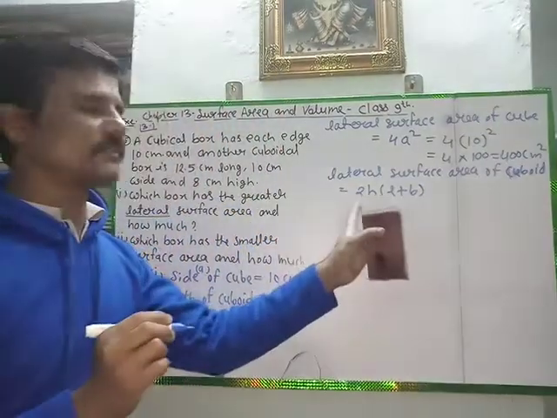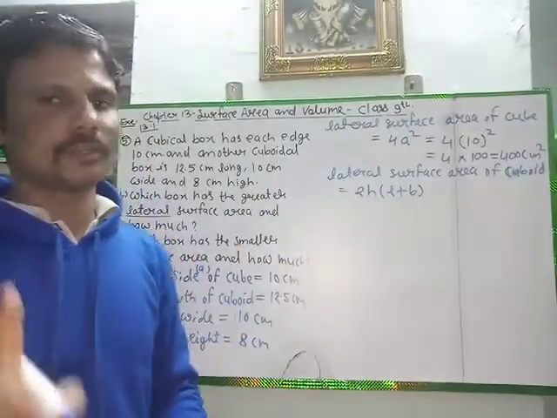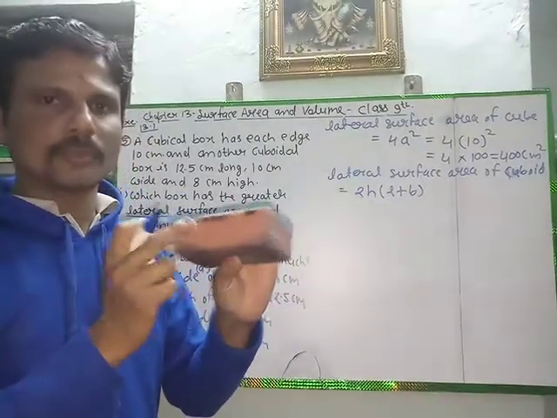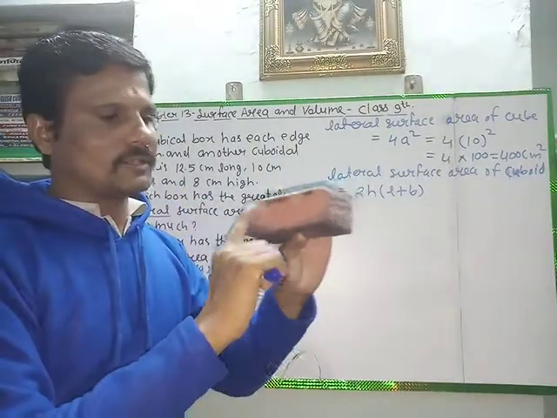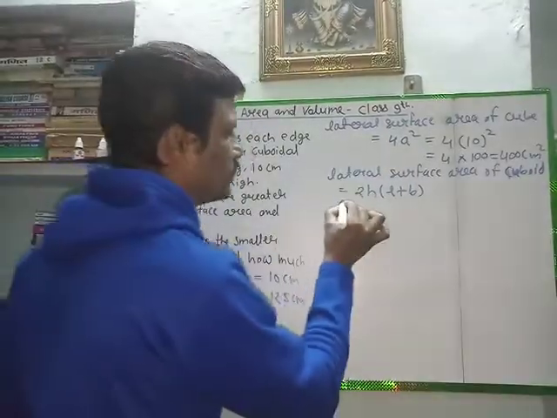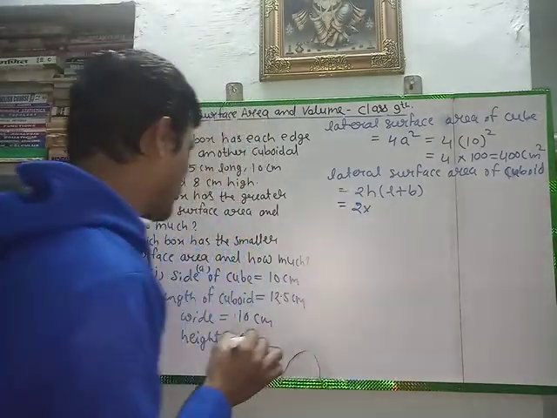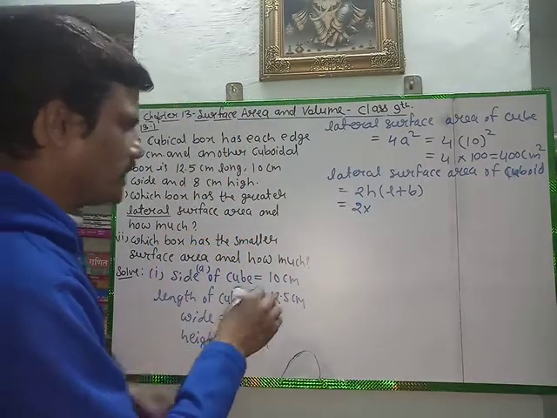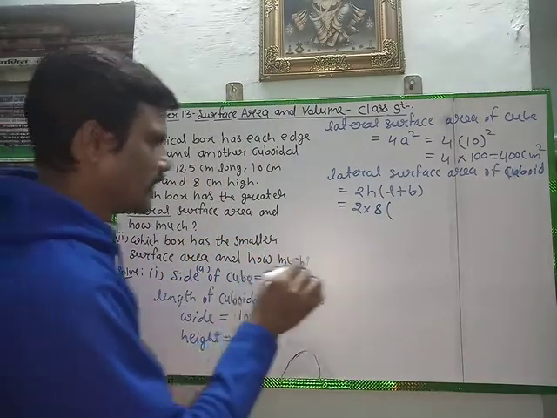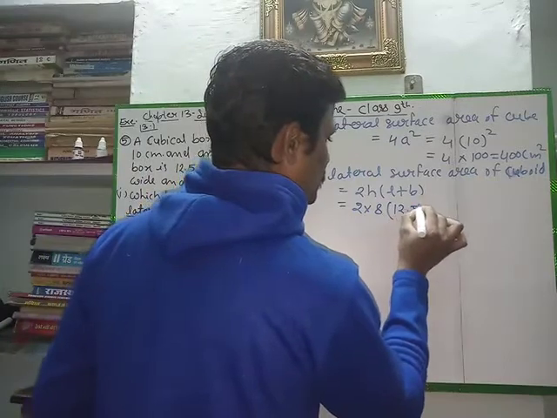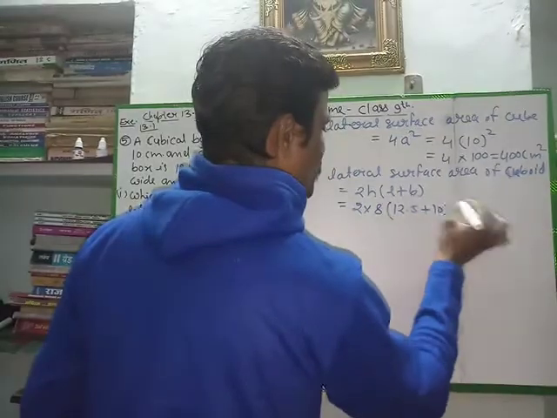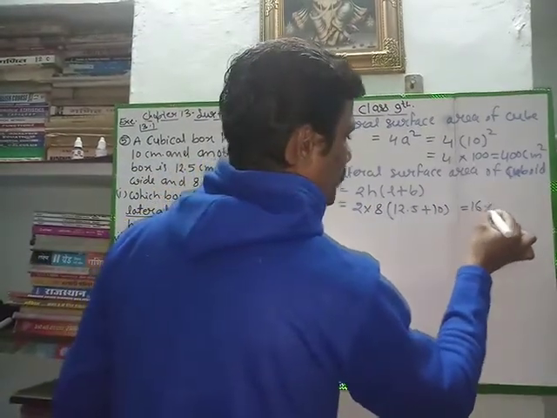This is the total surface area of 4 walls of cuboid only. यानी suppose this is the cuboid shape and the total surface area of 4 walls only is 2h multiply with (l plus b). So put the values: h is 8, l is 12.5 and b is 10. 12.5 plus 10. So this will become 16 multiply with